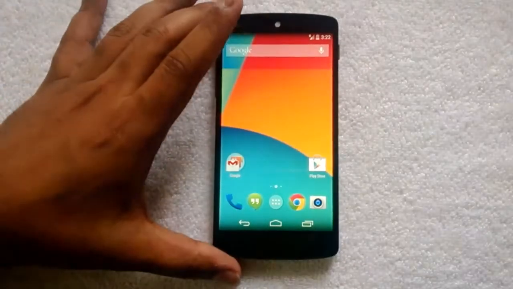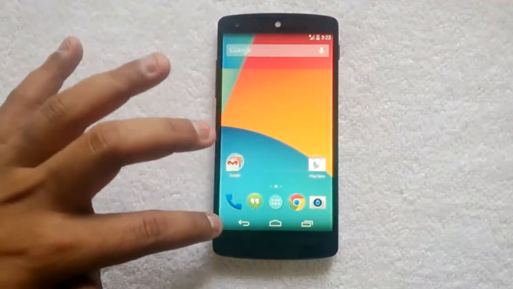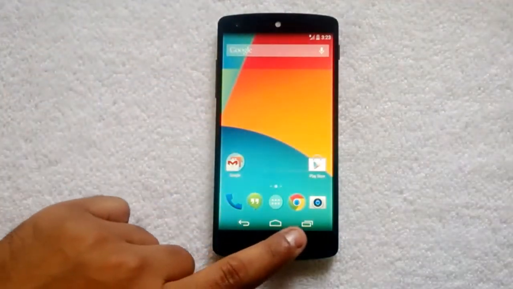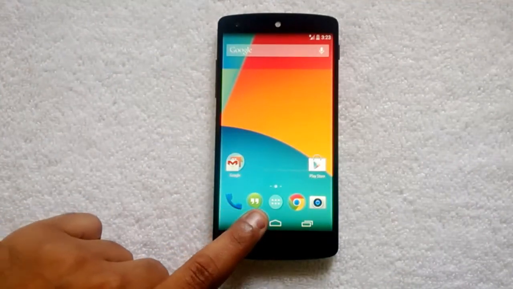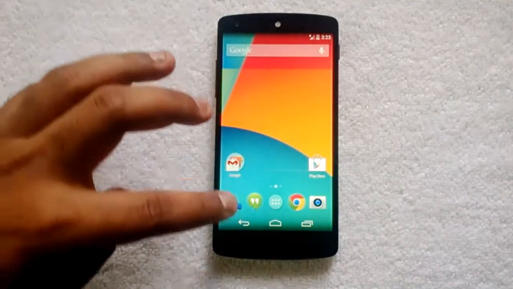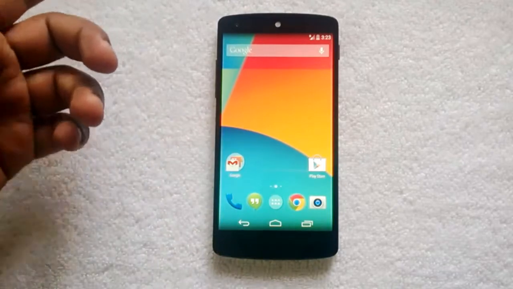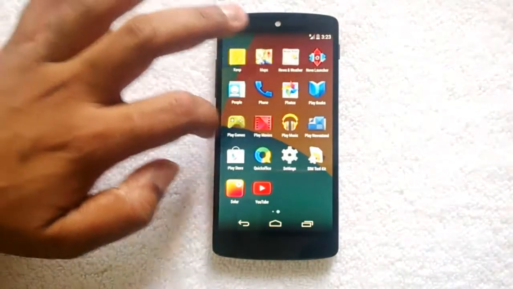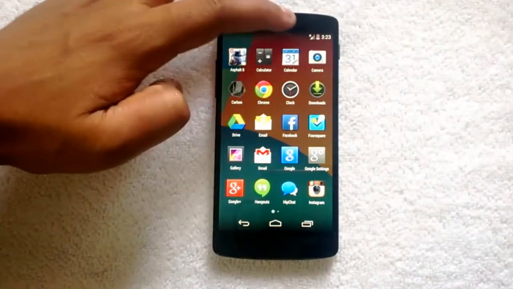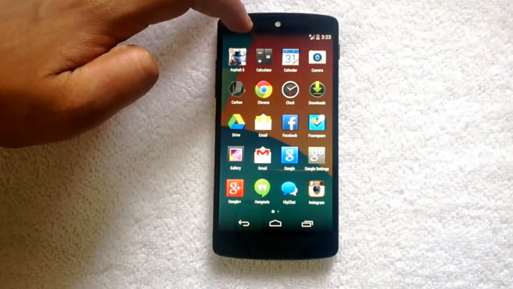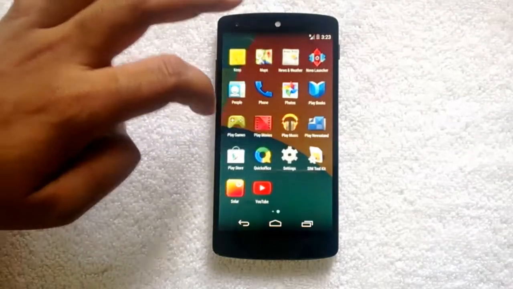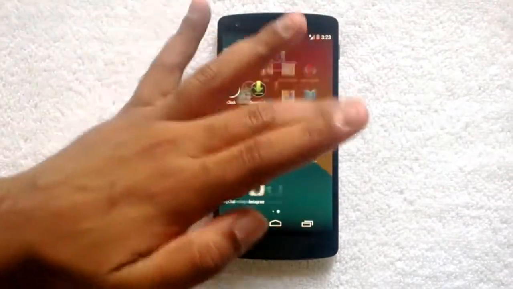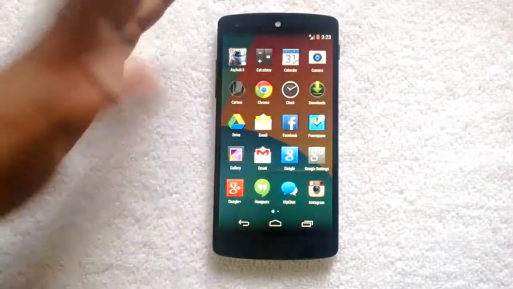Now coming on to the home screen, the icons have gone in for a change. You can see new icons for phone, Hangouts, Chrome, camera, etc., and the central icon for accessing all the apps. If you click here, you can see all the listed apps. Now here there's one change. Previously you had the apps as well as widgets here. Now widgets have been removed from the app list, so it's just the apps alone, all the installed apps.